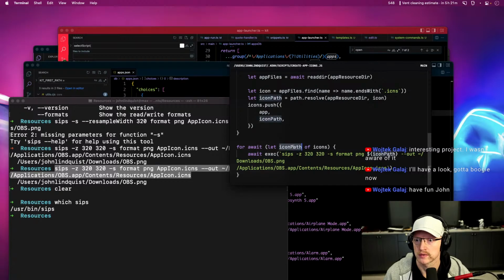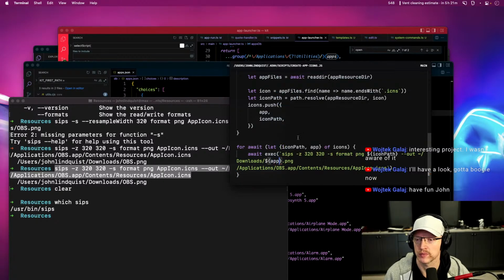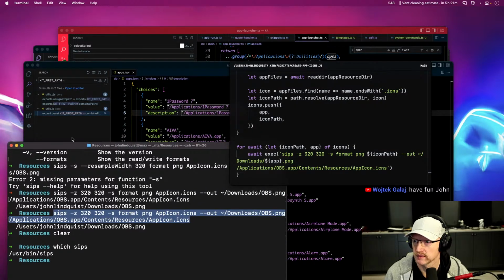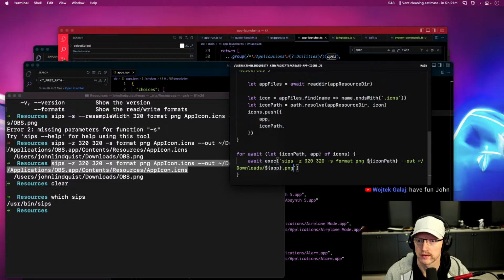So icons out app. I think that'll be like obs.app.png, and that's fine for me. No wait, I did that wrong. Oh, I copied the next line. Okay, so we don't need that. So the in is the icon path. The out is